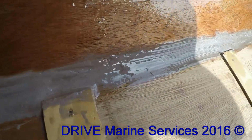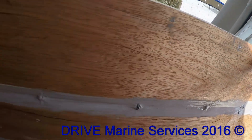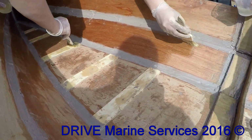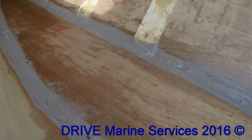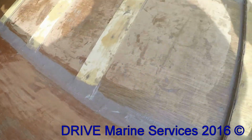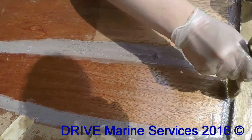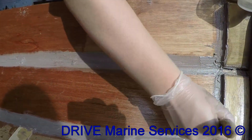Now, look at all this here. Listen, don't mix such big glue mixers. Right? Go back and mix some more. When you finish the inside, you can do the gunnels as well, and particularly the top of the plywood. You need to fill it up here, seal all that in. You need to put glue where there's gaps up here. Are there many? Yeah, once we've done